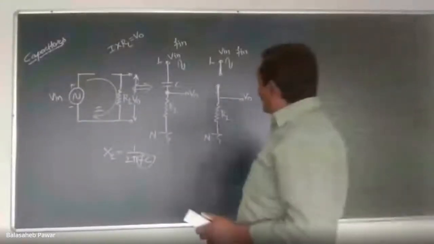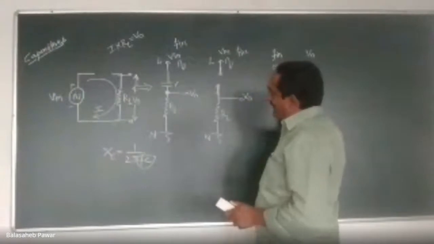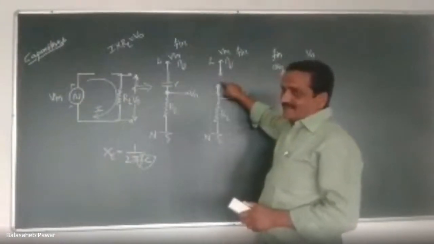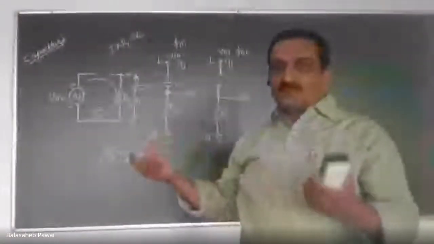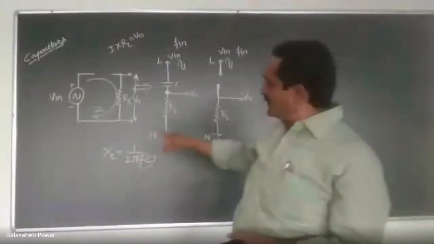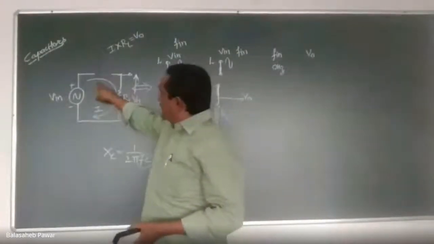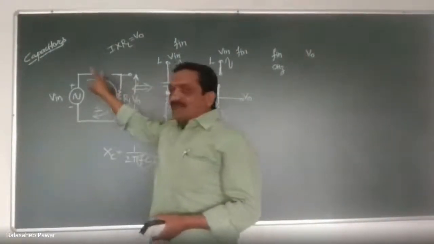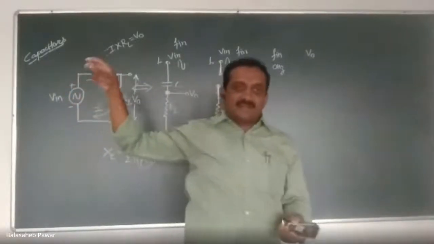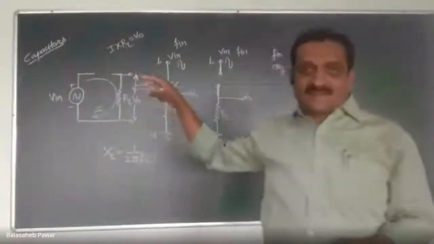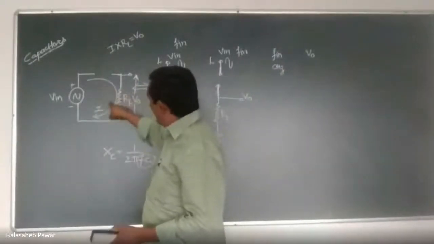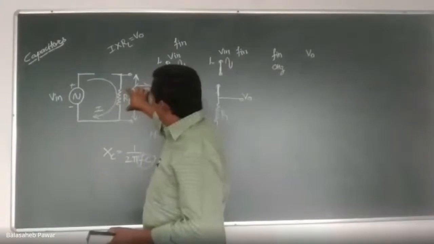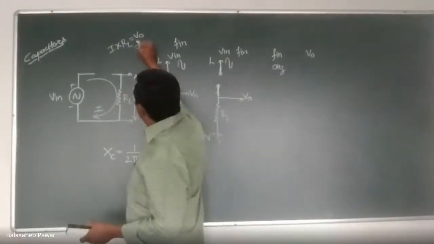If for 0 hertz input signal frequency this capacitor offers infinite reactance, the two terminals of that capacitor internally get open from each other, so no current will pass through it. For the flow of current there should be some path, and this path is of infinite resistance. It is acting as open, so no current will flow. If current is 0, then how much will be the drop across RL? That will be equal to 0 volt. Is it clear?